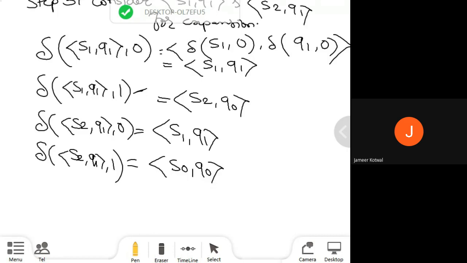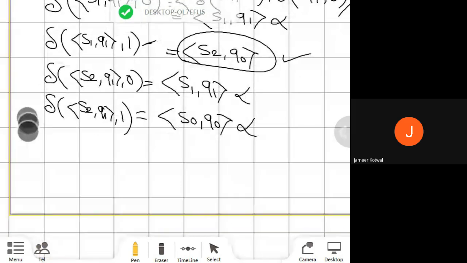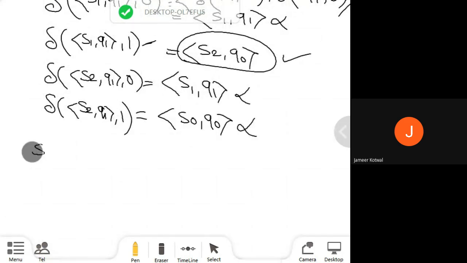So check which state is newly generated, fine. Here the state S2 Q0 is a new state which can be considered for further expansion. S1 Q1 will not be considered. Why? Because in this state only we have processed step number 3. S1 Q1 is also not going to be processed, and S0 Q0 we have already processed in step number 1. So now in step number 4 we are going to expand S2 Q0. So step 4, consider the state S2 Q0 for expansion.